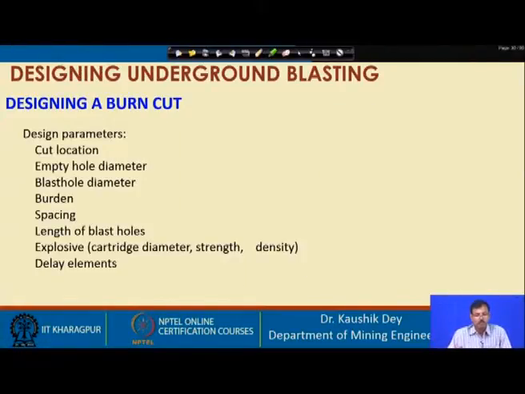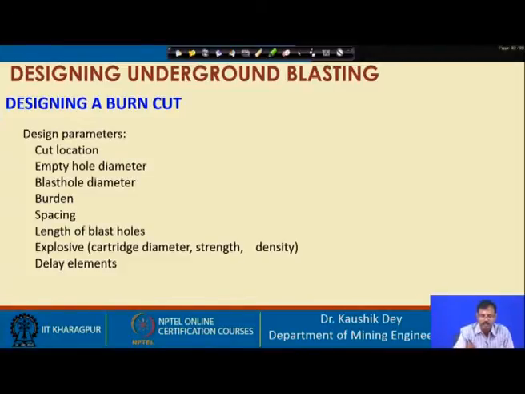Last class we also discussed that burn cut is basically a cut where, in the cut area, parallel holes are drilled, keeping an empty large diameter hole very close to the first hole to be blasted. So, basically the idea is that the empty large diameter hole, which is placed very close to the first blast hole, acts as the free face to that blast hole.